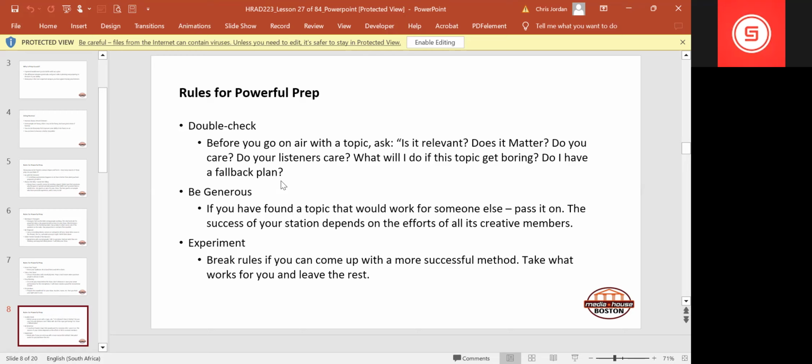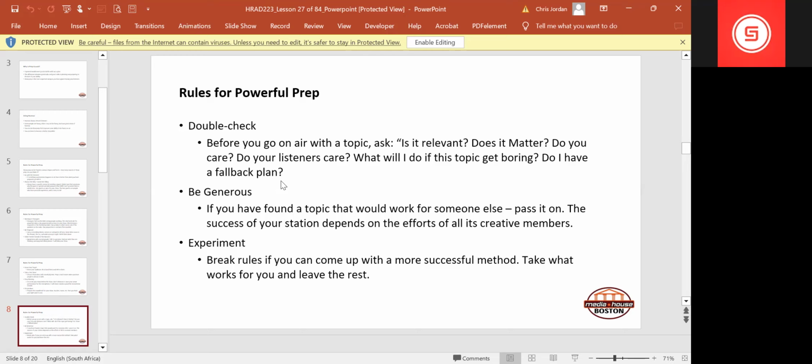Or don't make it boring in the first place, right? So easy to say, but a guest could make it boring, right? A listener could make it boring. Whatever it is, you might only realize on air, this is just not working because the listeners are not responding and they don't care. Leave it, move along. And do I have a fallback plan? Ideally, I would not prep on the go, right? I would rather play music because music is always the first preference of a listener and not you, right? And what you have to say.